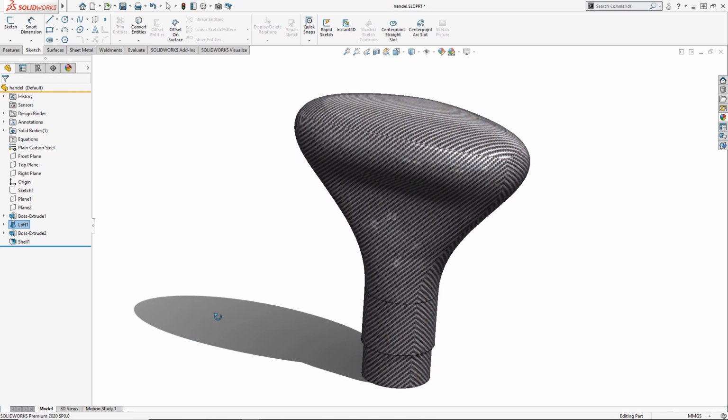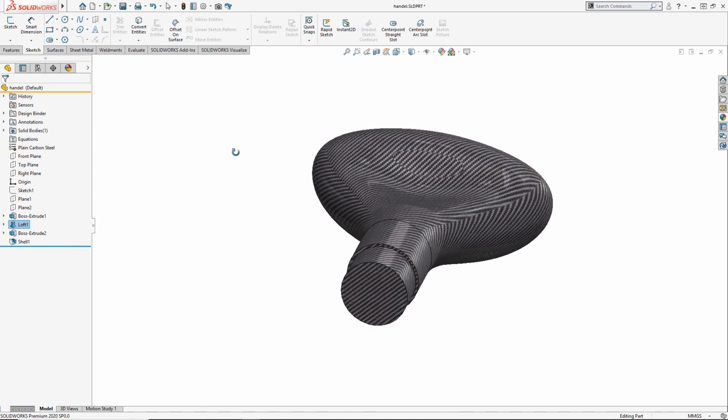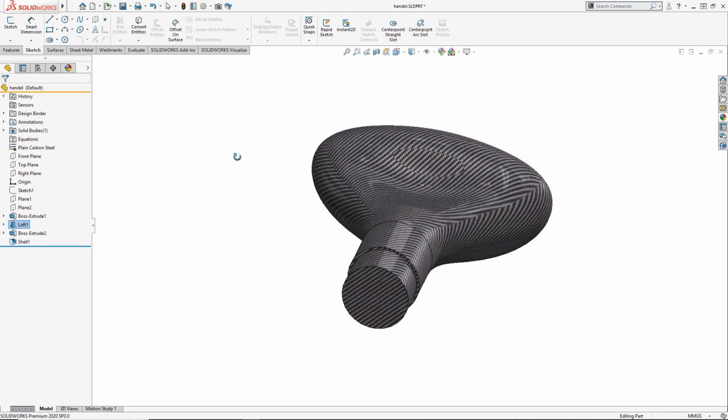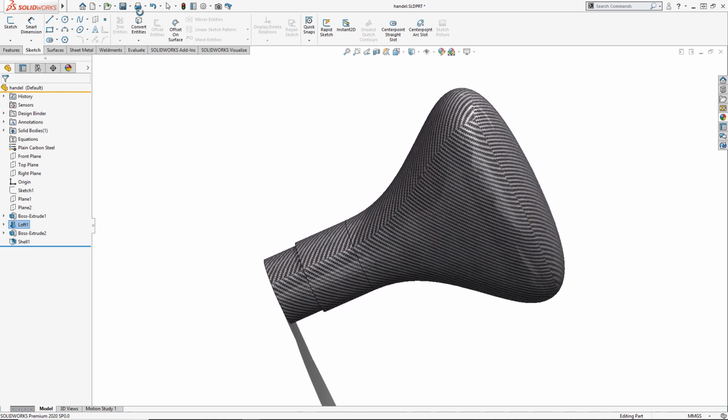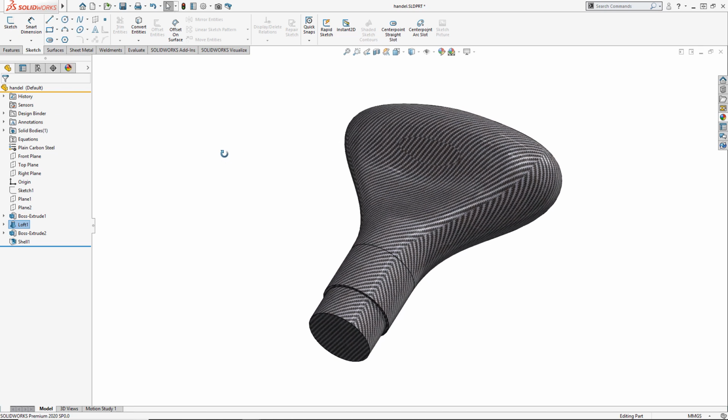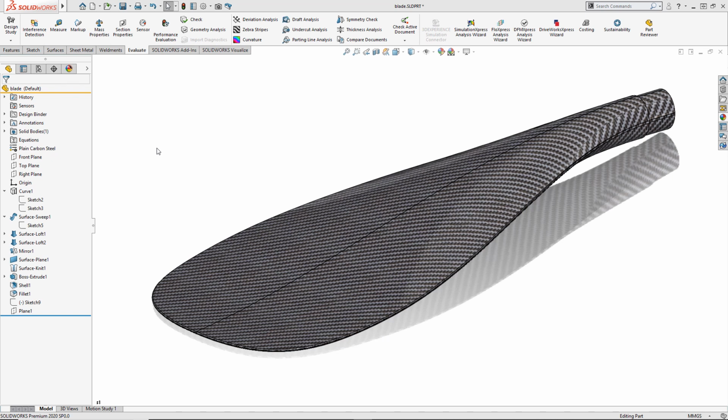With these curves, and with the selected start and end tangency options available, we can create this shape very simply into one comfortable handle. In this example, we have also used them to create a solid shape rather than an individual surface. When we look at the construction of the blade, then we will see it has been created by using individual surfaces. This method is useful when no single command will give us a good start at a model.